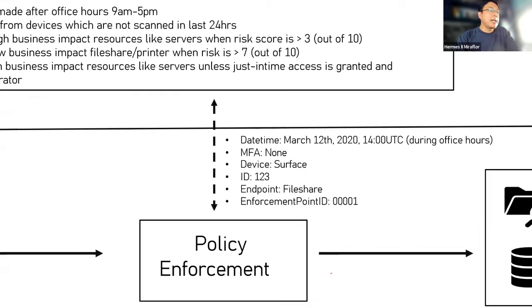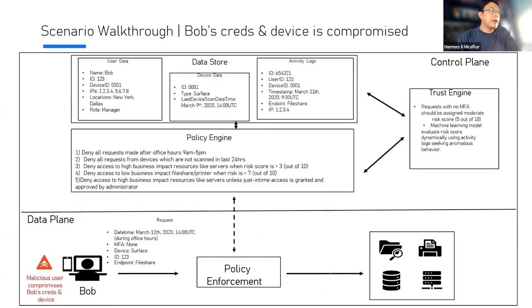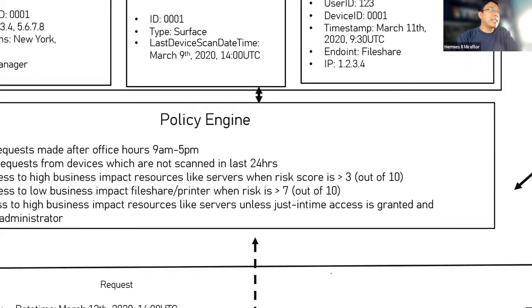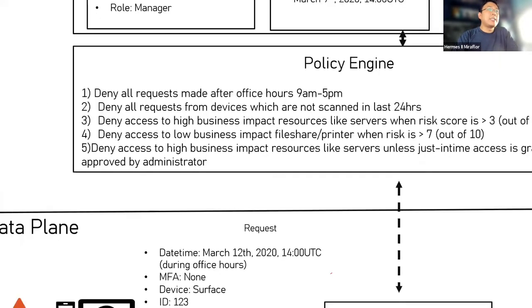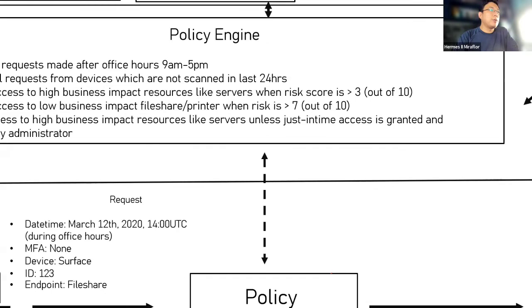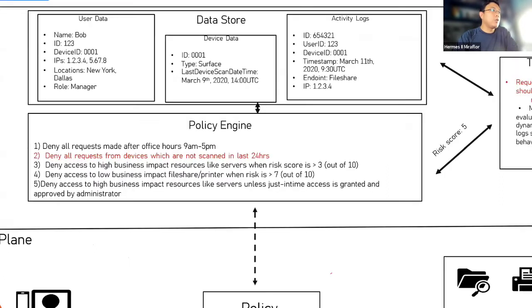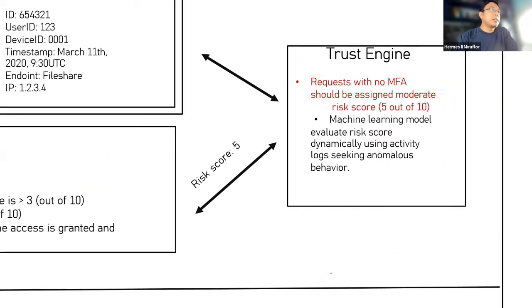endpoint was not scanned, right? So also there is no MFA, right? So no MFA, and the device health was not scanned because the last scan was March 9, which is outdated. The last scan date of the device should be March 12. Okay, so all of this information will be passed to the policy enforcement. Policy enforcement will determine that you are denied because your device was not scanned, which falls under the second rule. And then you also don't have MFA, thereby you are given a risk score of